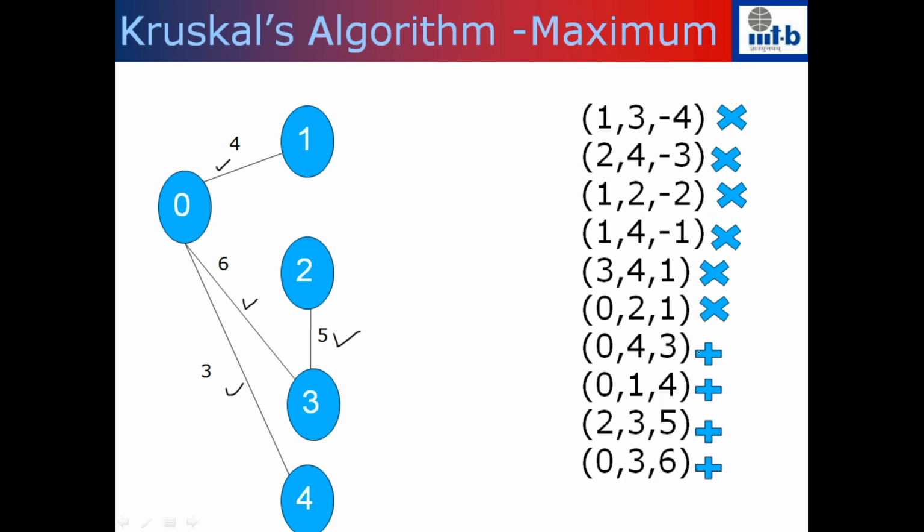After that, any edge that you try to add will create a cycle. After adding 4 edges into the graph, I have only one connected component now. In future, if I try to add any edge, it will go inside the connected component and create a cycle. So I cannot add any of these edges. I will end up ignoring all the remaining edges. So what I get will be a maximum spanning tree, and the weight of the maximum spanning tree in this case happens to be 18.